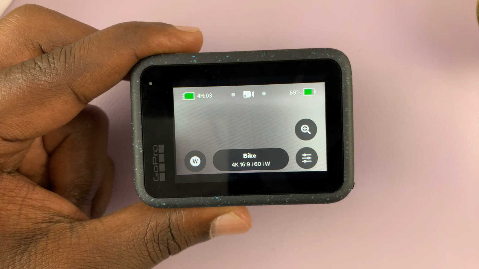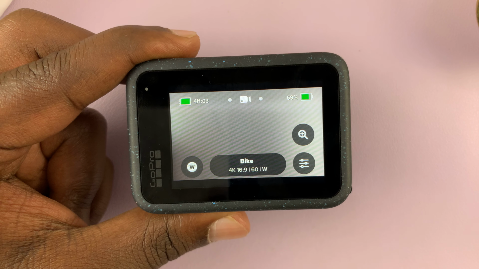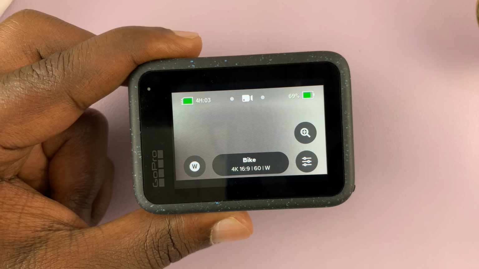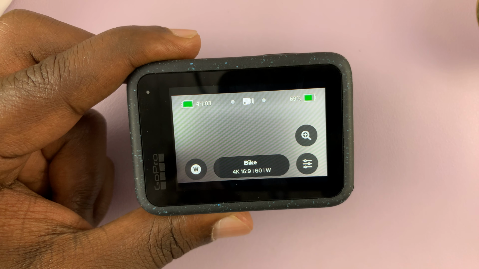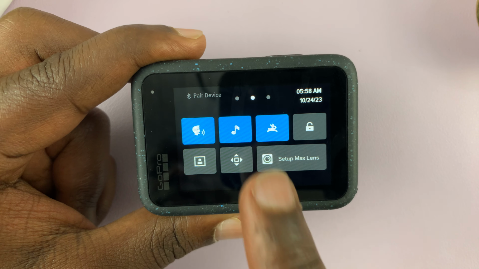So here's how to change the date and time on your GoPro Hero 12. Now by default, your GoPro picks up the time of your phone, the phone that you used to set up the GoPro at the beginning. So to change that, simply swipe down from the top of the screen and then flick